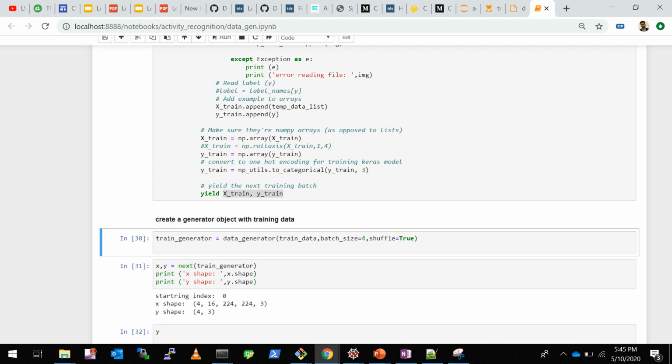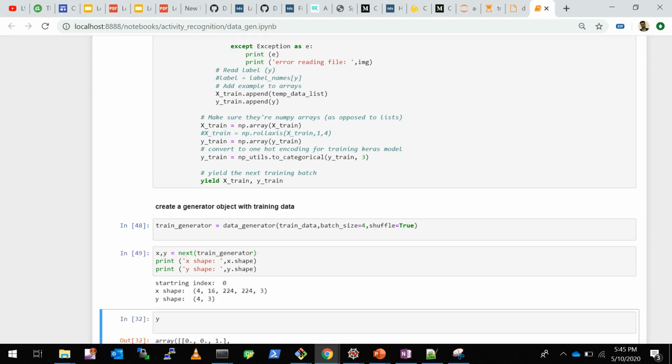So I'll initialize a generator function with the data generator function that we discussed here, and I'm passing the train data, the loaded samples from the train folder. I'm giving a batch size of 4 and a shuffle of true. Now, when you run this, let's call one of the samples. When we call next, we can iterate over the generator function. So you will see that the starting index was 0. Again, when we call next, the starting index would be 4, and then, since the batch size is 4, then 8,